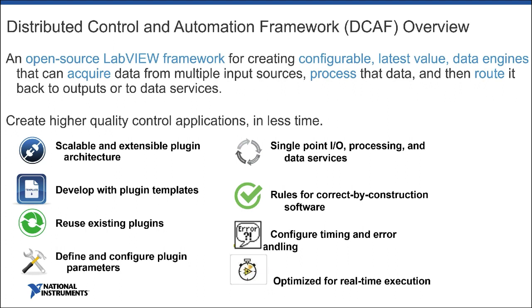DCAF is basically designed on single point tag values, and that's what we provide directly from the framework. There are ways to work around this with messages and waveforms, but that's not provided by the framework itself. And one of the things we had is when we built this, we try to get people to do things right. We limit you on some things that you can do if you try really hard, but we try to guide you through the right programming practices, including using unit testing and other things.